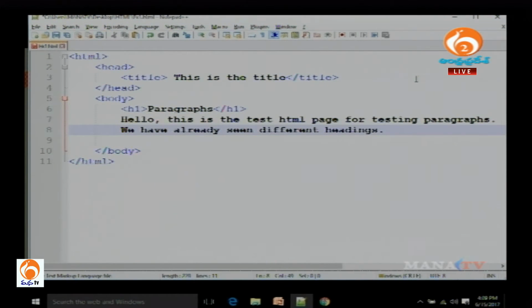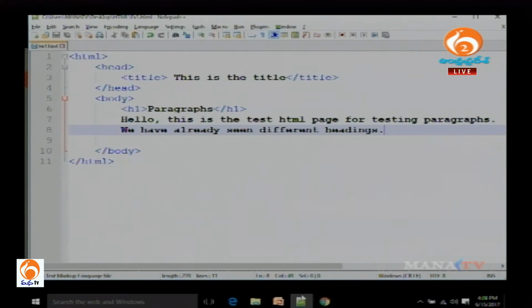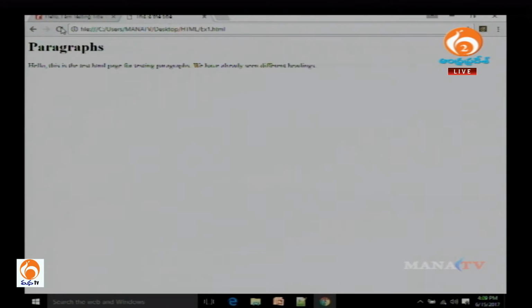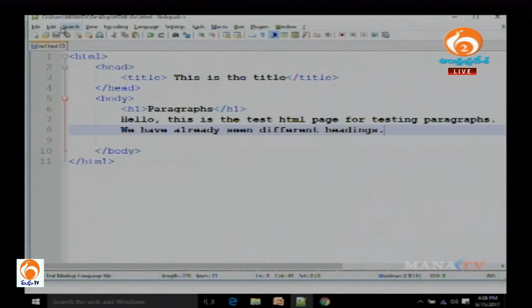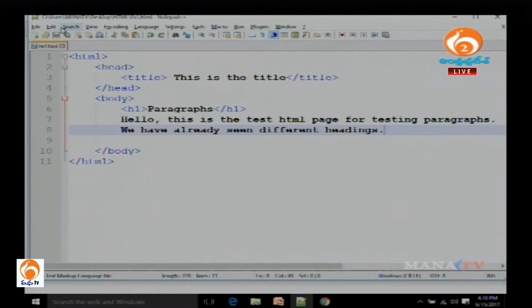So, I am going to save it with Control S, or we can go to File and save. Next, I am going to go to the browser and refresh. See, whatever we write there did not come here exactly. Here I wrote H1 paragraphs, and here the H1 paragraphs came as expected, but here I wrote hello, this is the test HTML page for testing paragraphs, and in